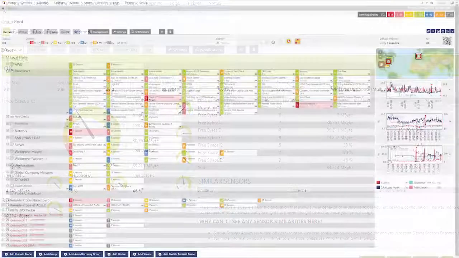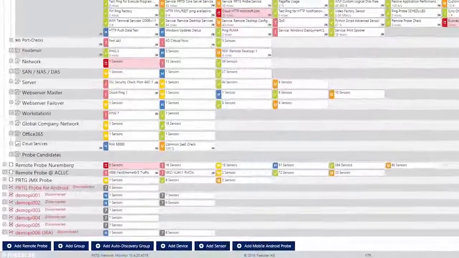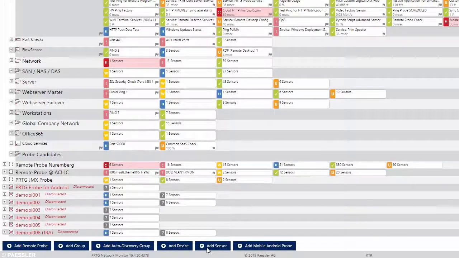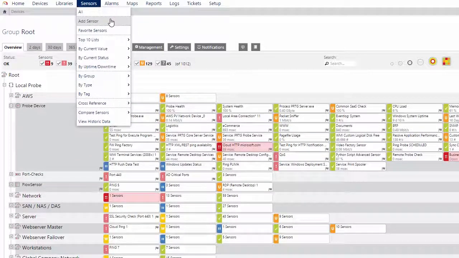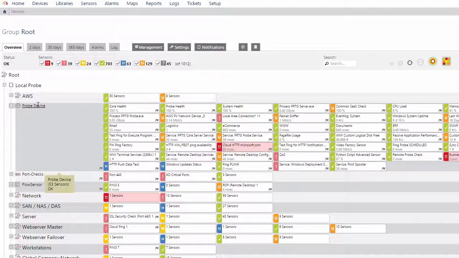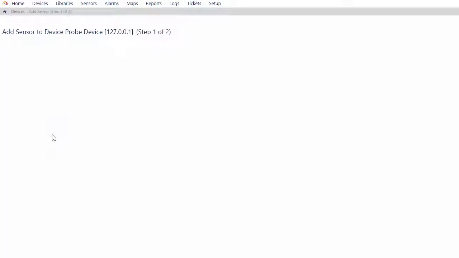PRTG offers around 200 predefined sensor types, which you can see either inside the software or on our website. Inside the software, you can click on Add Sensor below your device tree, or in the Sensors menu, Add Sensor, or you can right-click on a device and select Add Sensor. Each of these will take you to this page, which shows you a list of all the sensor types that